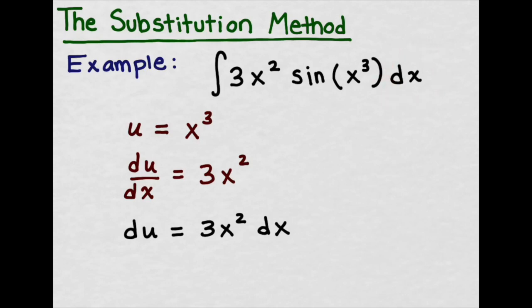So let's solve for dx in terms of du, or alternatively, we can realize that 3x squared times dx is exactly this expression on the right. So du is actually already in the integrand. So let's use that